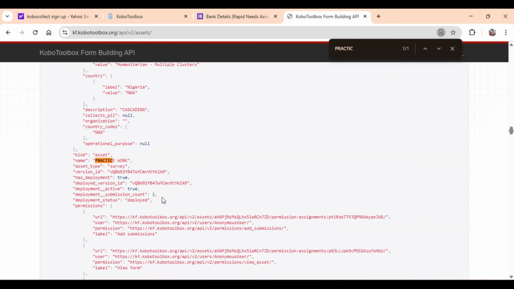So these are the properties. This is a JSON file. Remember, a JSON file is a file that has keys and values. So you have the key, kind, and the value is asset. Everything is in this form. And remember that we cannot use this JSON file in this state. So we need to convert it either to Excel, which is XLS, or we can convert it to a CSV file,